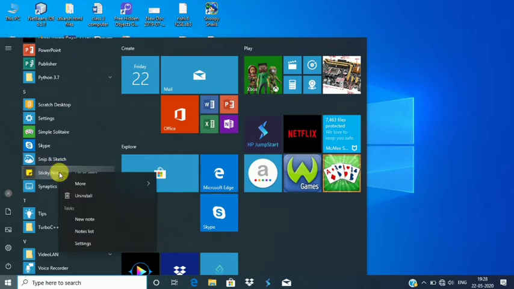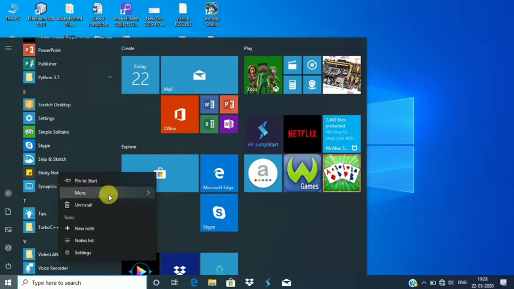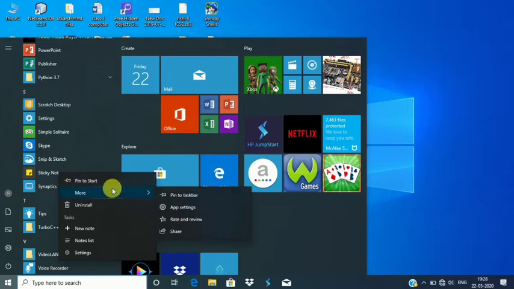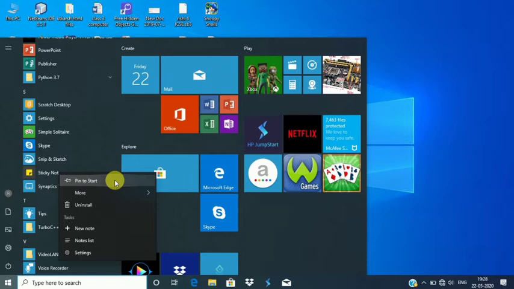Choose the program, right click on it. It will show pin to start or more. Pin to start will set the icon of your selected program in the form of tiles in the start area, but here we want to set them as a shortcut icon on the taskbar.